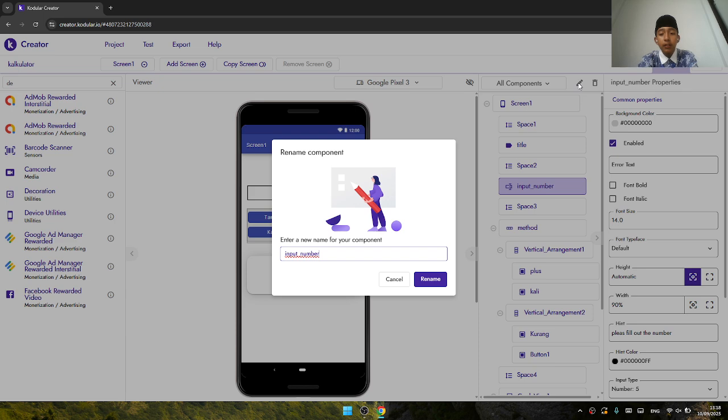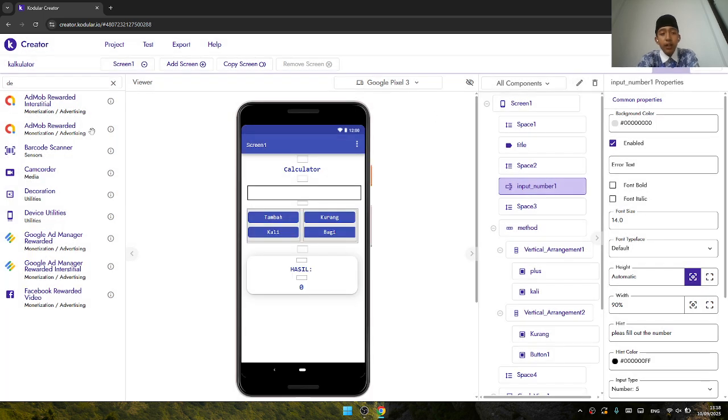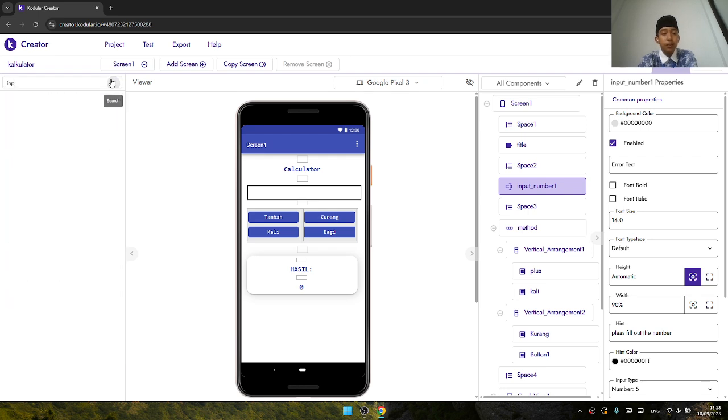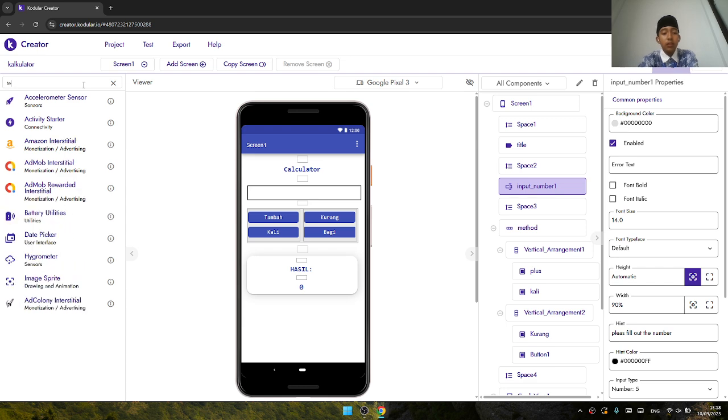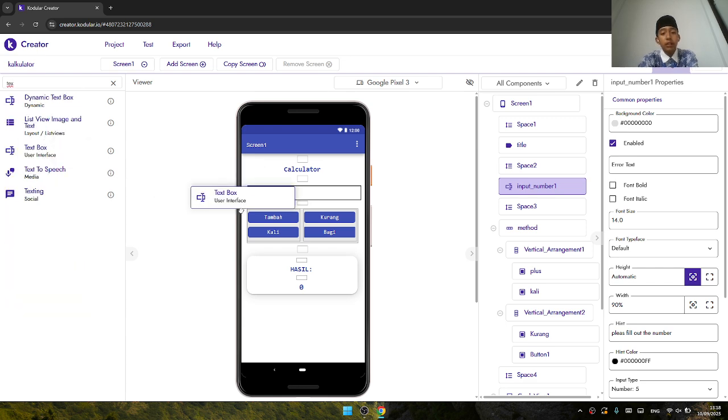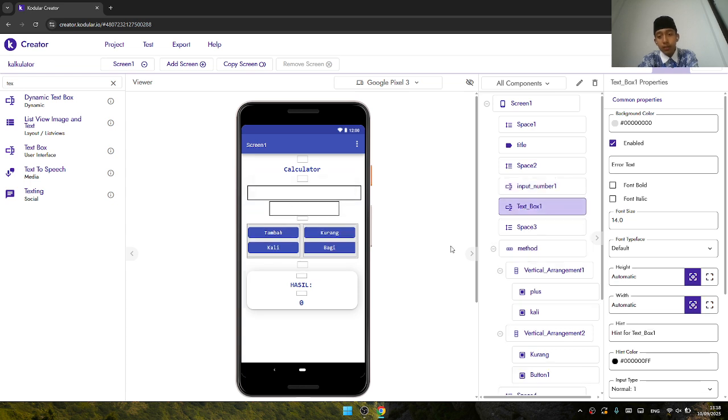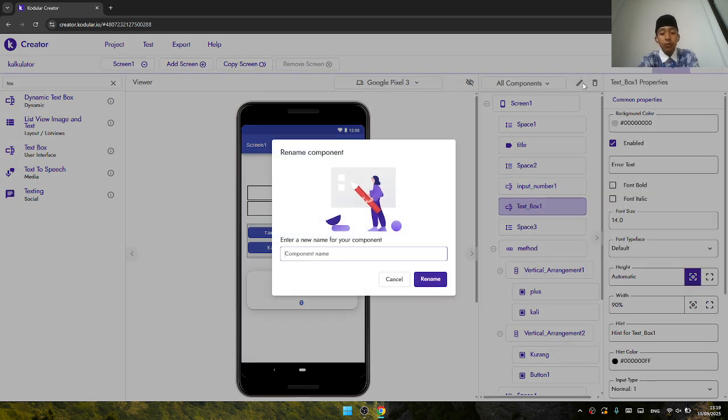So I will give this input number 1 and I will make another one text box ya. So we need to add a text box like this. So set the width become 90% and don't forget to change ID become input number 2 like this.